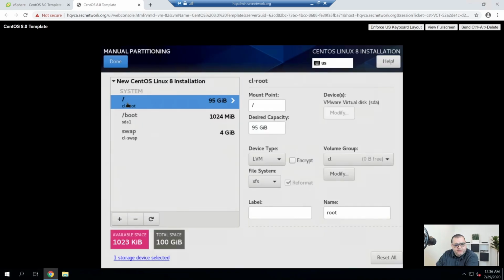In some cases, I would not do this. I would build out home, var, var log, var log audit, and several others as separate partitions. But for this case, I'm going to keep it simple and just put all the free space at root.